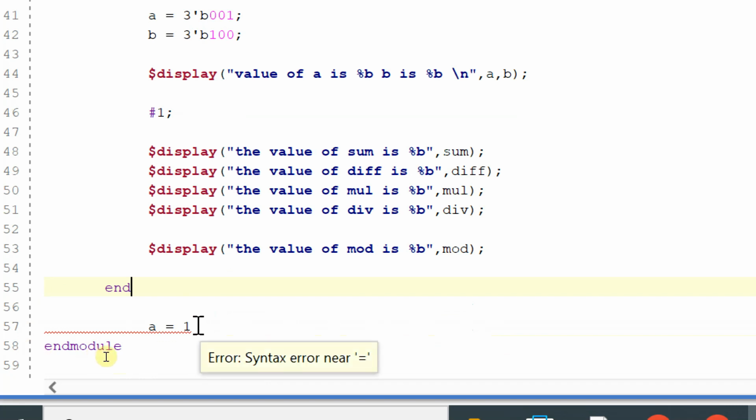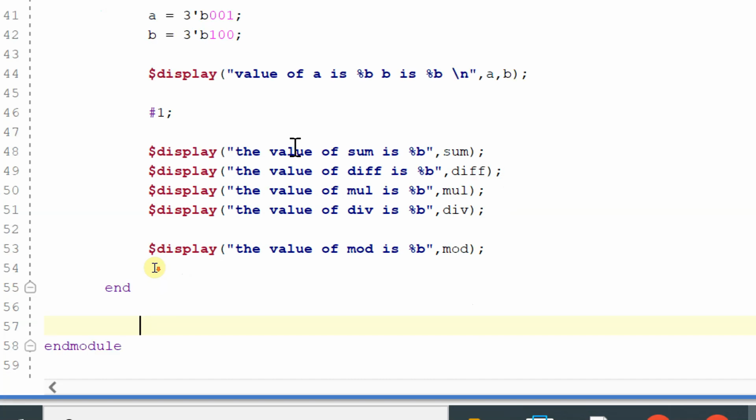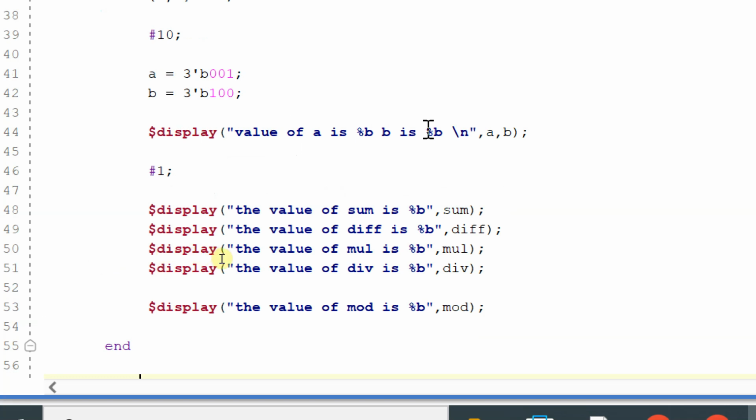So I've given A is equal to 3'b001 and B is equal to 3'b100. I'm displaying the value of A and B, and after some time unit delay, I'm displaying sum, difference, multiplication, division, and modulus. And after some time unit delay again,